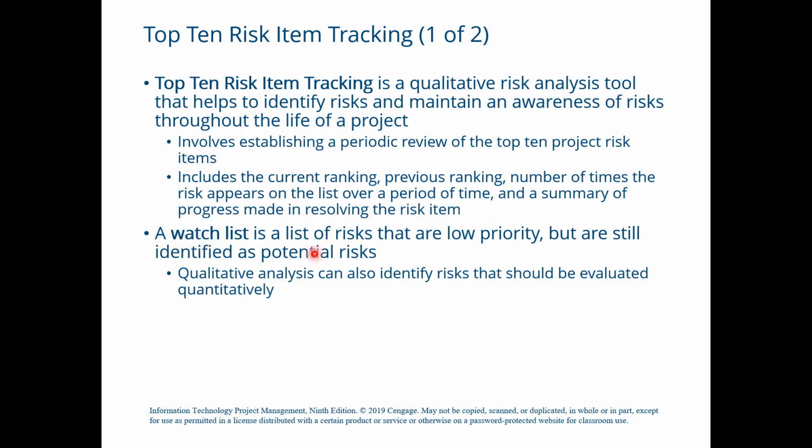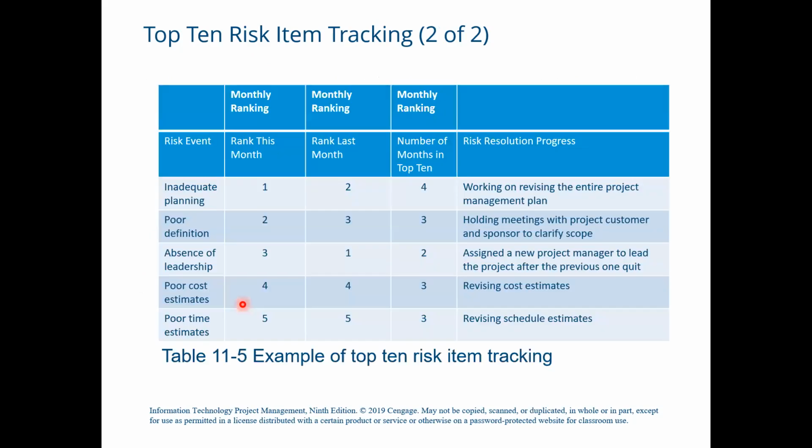A watch list is a list of risks that are low priority but are still identified as potential risks. So they can be used for qualitative analysis, and can also identify the risks that should be evaluated quantitatively. Before we go for the quantitative analysis, we have to perform the qualitative analysis. Now, this is an example of top 10 risk item tracking,